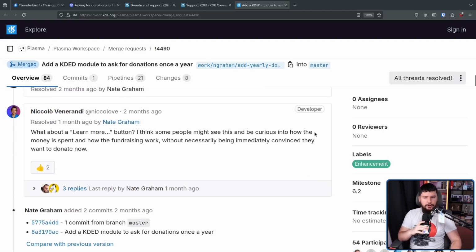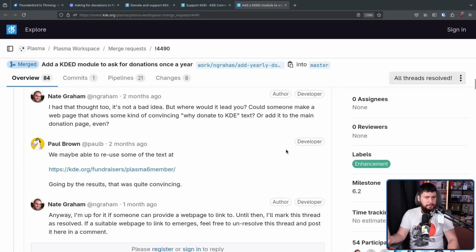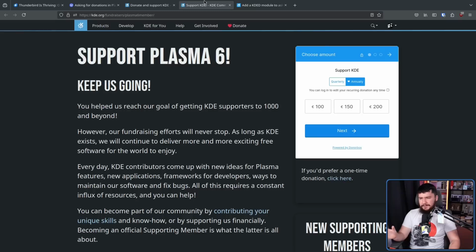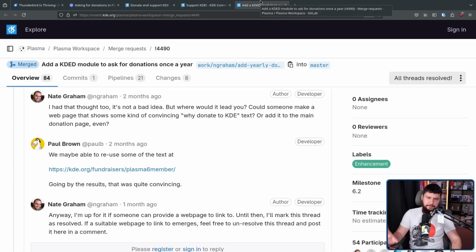What about a learn more button? I think some people might see this and be curious about how the money is spent and how the fundraising works without necessarily being immediately convinced they want to donate now. This is a perfectly fine suggestion and is probably going to be implemented at some point in the future. The only reason it's not being done immediately is they don't really have a good page to direct people to. There are things like the KDE Plasma 6 membership drive and other pieces here and there, like the regular donate page that has some information,